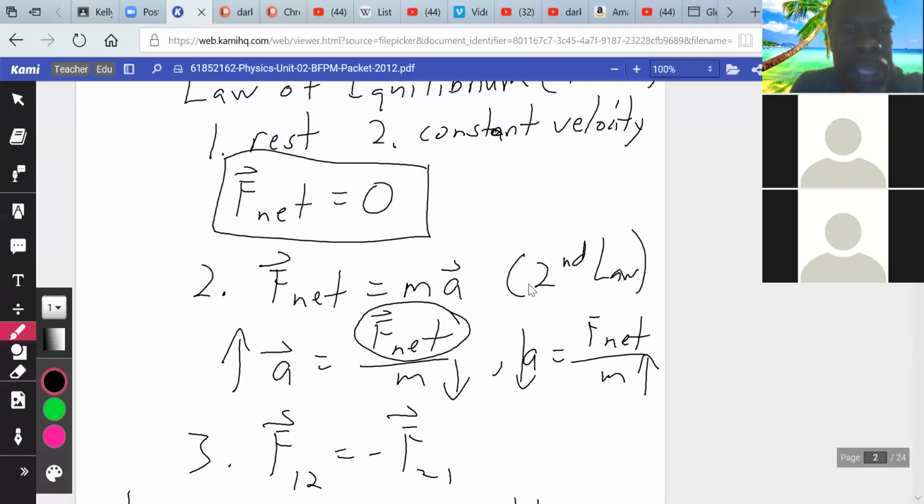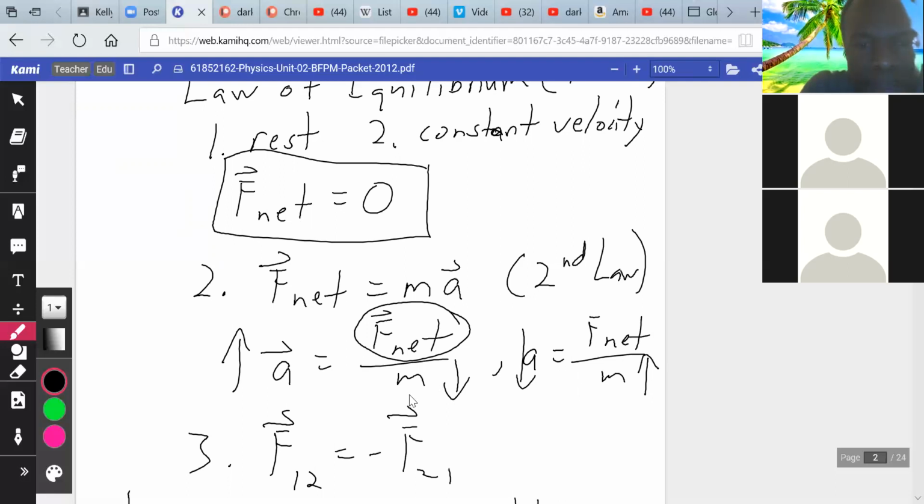Newton's second law: now we have an outside net force that's going to disturb the balance. It's going to accelerate the object. So now F net is not going to be equal to 0. It's going to be equal to mass times acceleration. It's the second law. And then we also stated that if we solve for acceleration here,